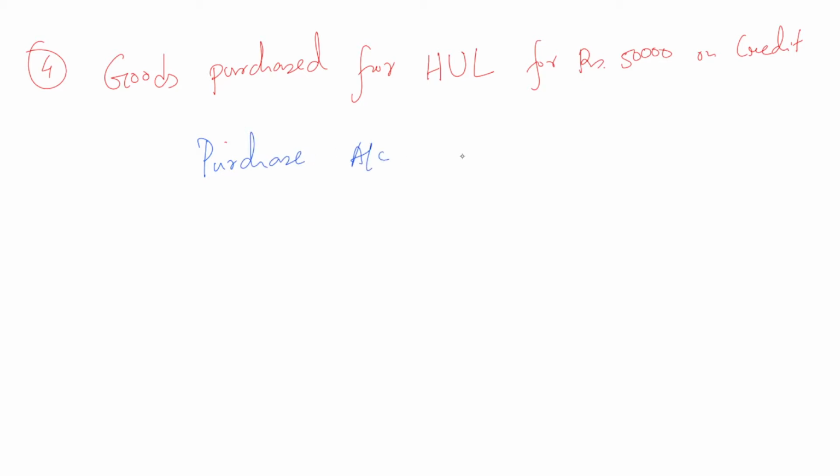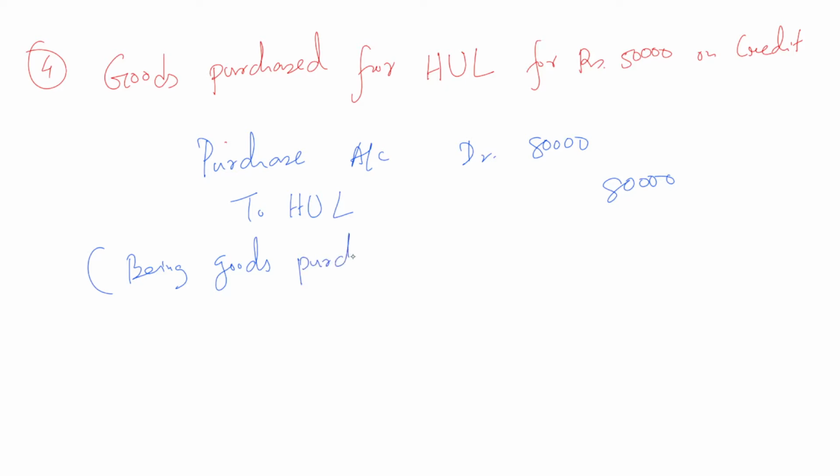So it will be purchase account debit 50,000 to HUL, Hindustan Unilever. Being goods purchased on credit